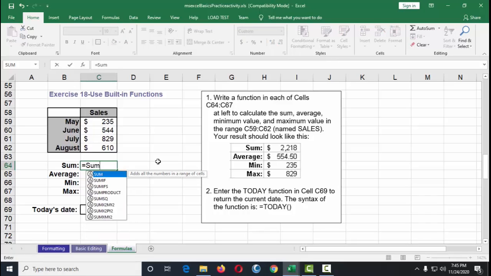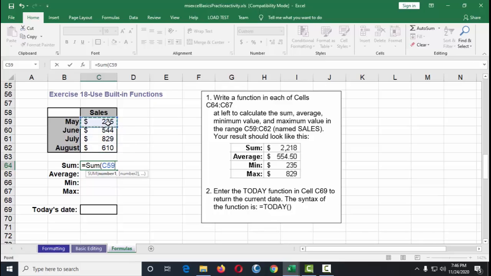It doesn't matter if it's small letter or capital letter. And then open parenthesis, and then you can type one by one, or you can actually just drag or select the cells that are affected there, and then close parenthesis.